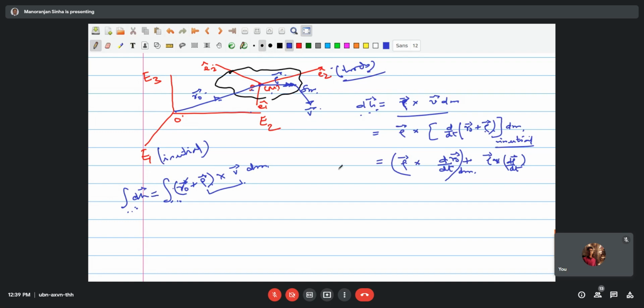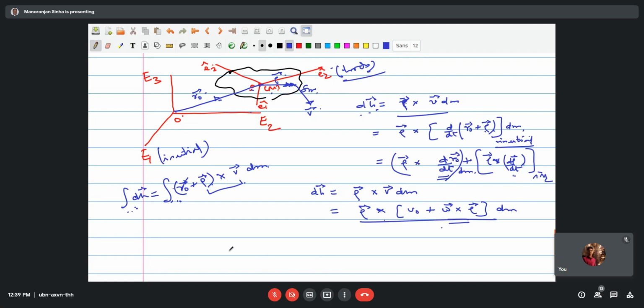Basically, what we are trying to do here, or we could have simplified at this stage itself by writing it rho cross V dm, which is nothing but rho cross V0 plus omega cross rho. So this is what you get from this case. So this part gives you V0, and this is because in the inertial frame, as you develop it, it will get reduced to this formula. So this you have already done in your basic course, so I am avoiding this part.